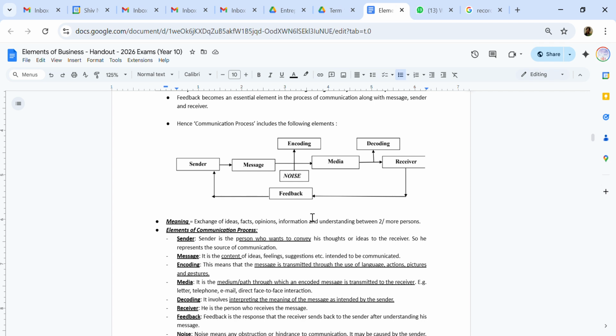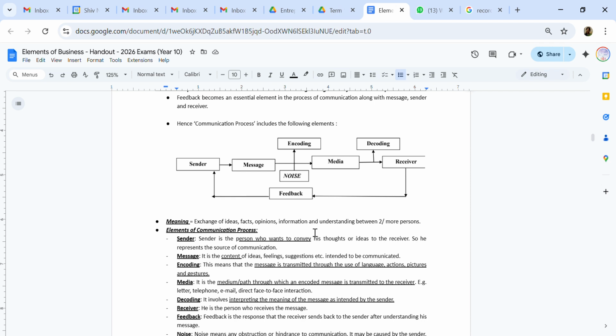The third element is encoding. That means the message can be transmitted by the use of language, actions, gestures, etc. The fourth element is the media. What is the medium or path through which an encoded message is sent? For example, we can write a letter, we can speak over a telephone, or we can have a direct face-to-face interaction. The next element is decoding, which means the receiver interprets the meaning of the message as was intended by